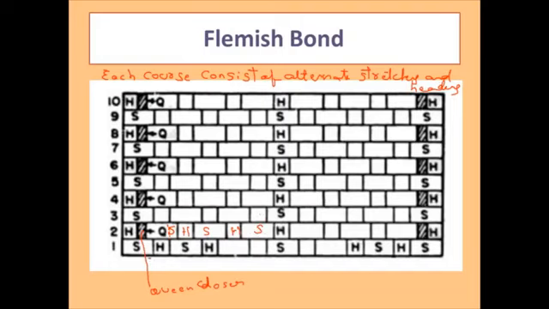So again if you see the lap length in this bond, what will the lap length be here? Again it will be 1/4 of the brick length, because if you see this portion here, the total portion, this is half of the brick, this is 1/4 of the brick, and this is 1/4 of the brick length. So the lap length is the same again, that is 1/4 of the brick length.